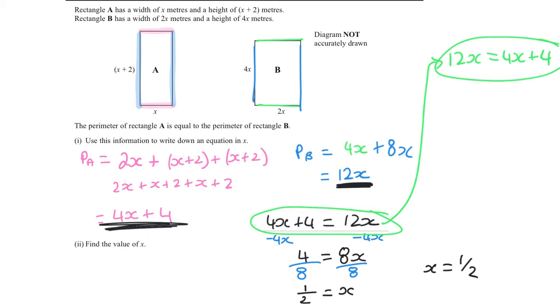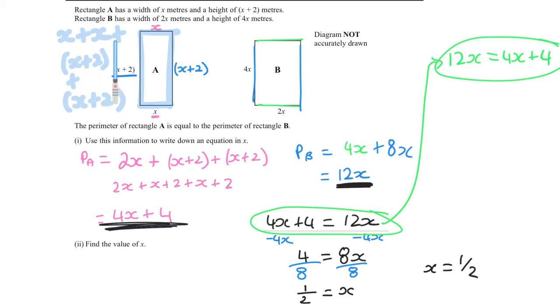Okay, so just to clarify, if I do this one again, I know opposite sides of a rectangle are equal. So if this is x, this is also x. If this is x plus 2, this is also x plus 2. And to find the perimeter, I need to go around the outside. So I have x plus x plus x plus 2 plus x plus 2. I just did it a little bit quicker earlier, but if you simplify this, x plus